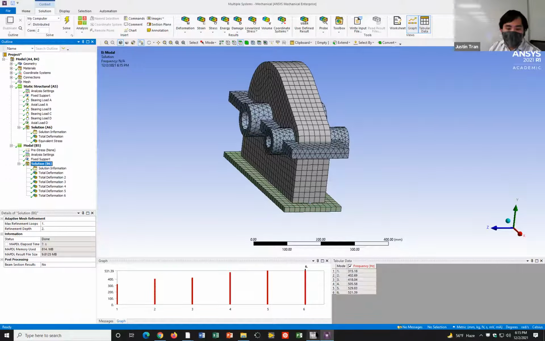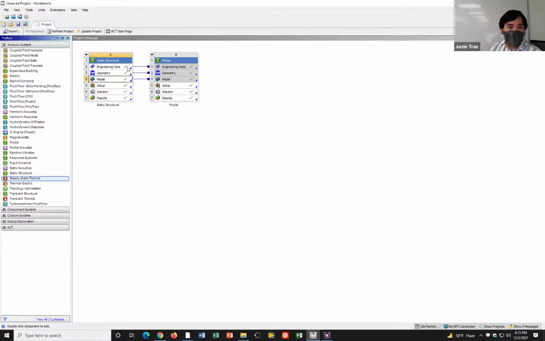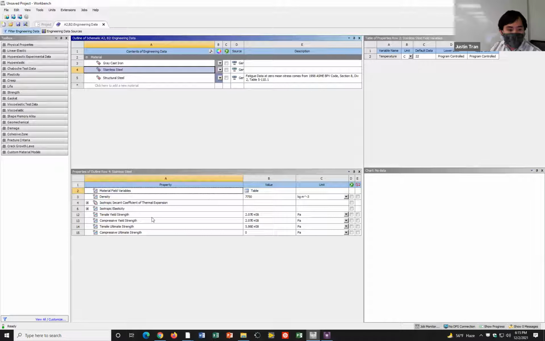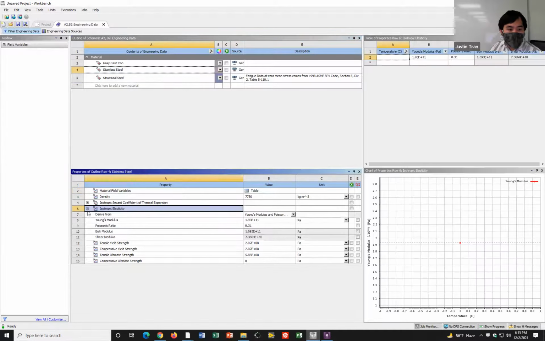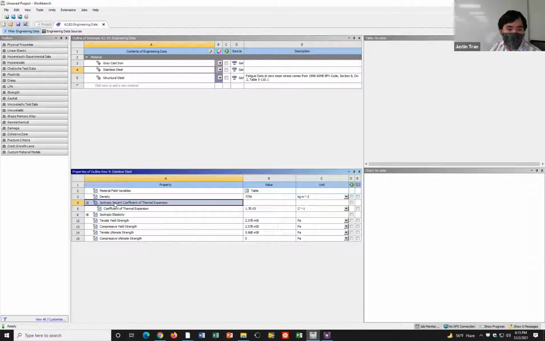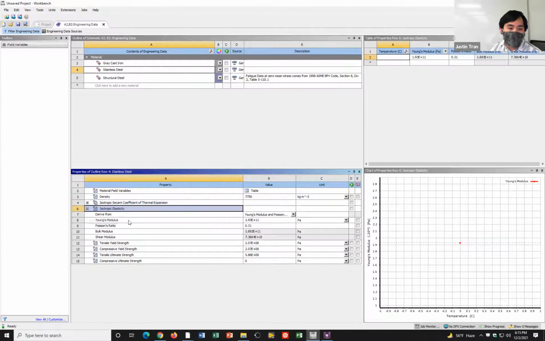Yeah, that's a good question. If you're adding your own material data here, the most important things you need are the density. Let me look at stainless steel actually. You need the density, the Young's modulus, and the Poisson ratio. Same as usual, except I think we didn't add density before, but you need to make sure you add the density. This isotropic coefficient of thermal expansion is for thermal, so you don't really need that. The only things you really need are the Young's modulus, Poisson's ratio, and density.